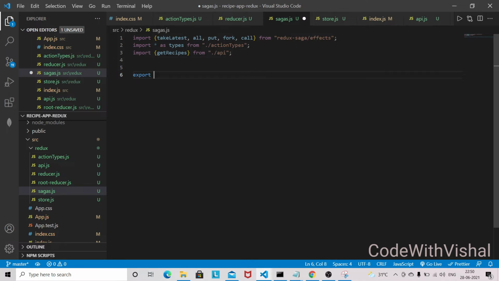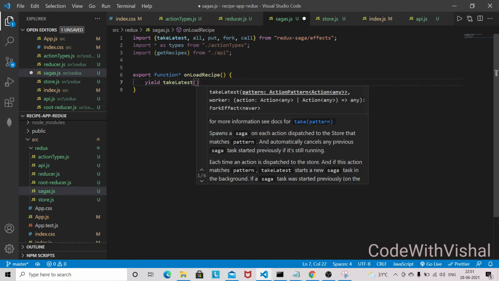Now we need to define one generator function. So export function star onLoadRecipe, yield takeLatest. So takeLatest basically only considers the last click. No matter how many times you click on the search button, it will only consider the last click, and it will cancel other API calls.